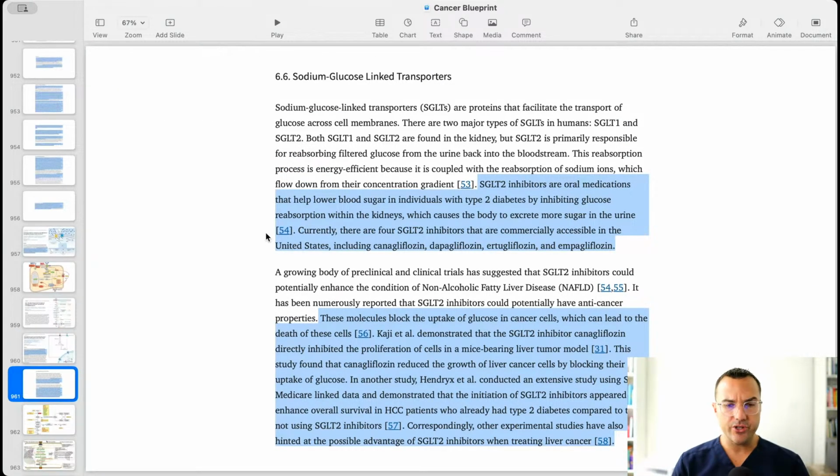The other interesting compounds that could be helpful for us are the SGLT2 inhibitors. And it says here that it stands for sodium glucose linked transporters. The SGLT2 inhibitors are oral medications that help lower blood glucose in individuals with type 2 diabetes mellitus by inhibiting glucose reabsorption within the kidneys, which causes the body to excrete more sugar in the urine. There are inherent problems with that, like increasing urinary tract infections. But currently, there are 4 SGLT2 inhibitors that are commercially available in the United States, including